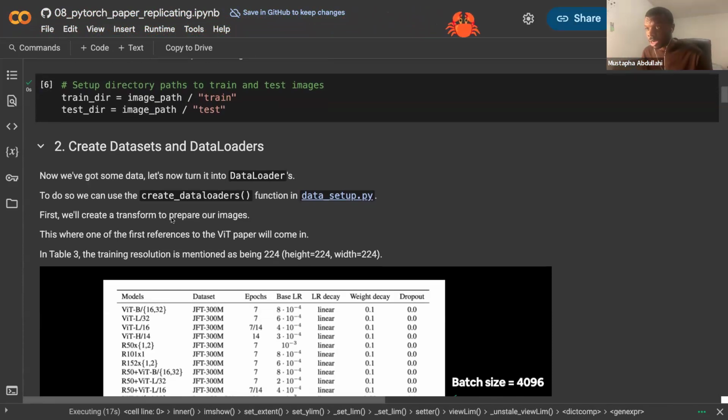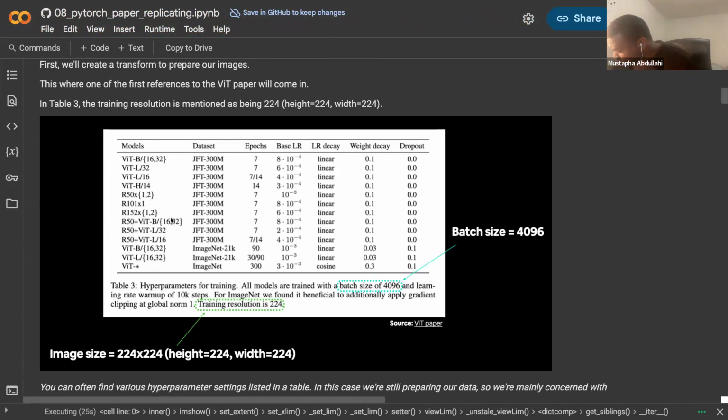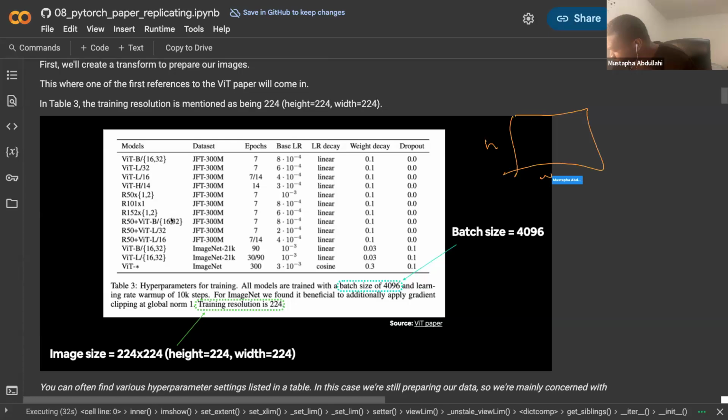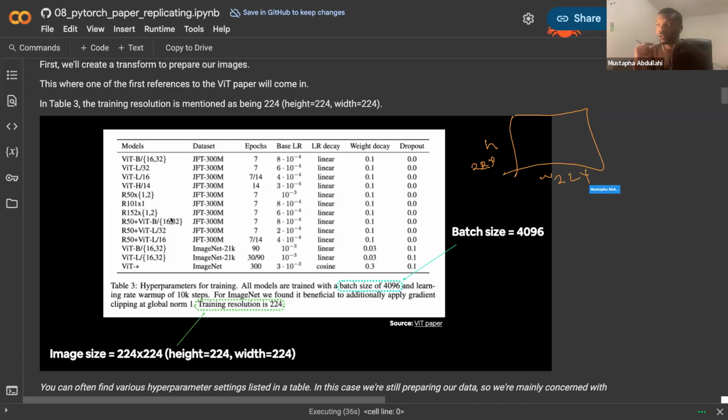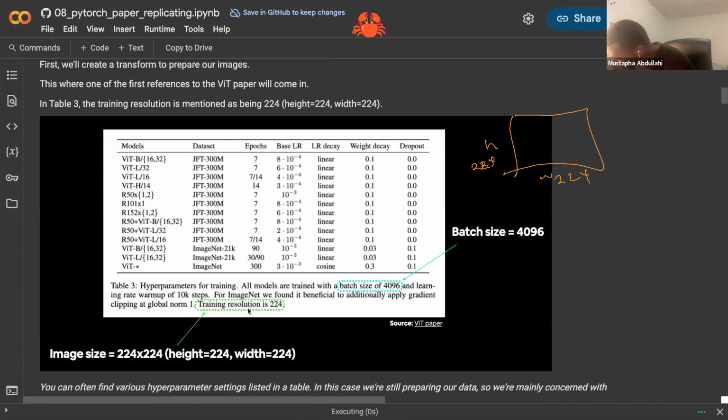So in the paper, I'll jump a few things, but feel free to bring me back. You kind of see in the paper, what they use is an image that has this height and width. They use 224 by 224 in the paper. So we also want to adopt that, which is the training resolution. And they use a batch size of this